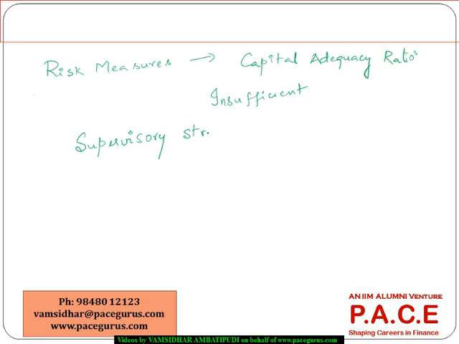In the supervisory stress testing mechanism, there has been a major program called SCAP, the Supervisory Capital Assessment Program, which is at a macro level, at a typical global level. This has been performed as a stress test after the 2008 crisis. The major objective is